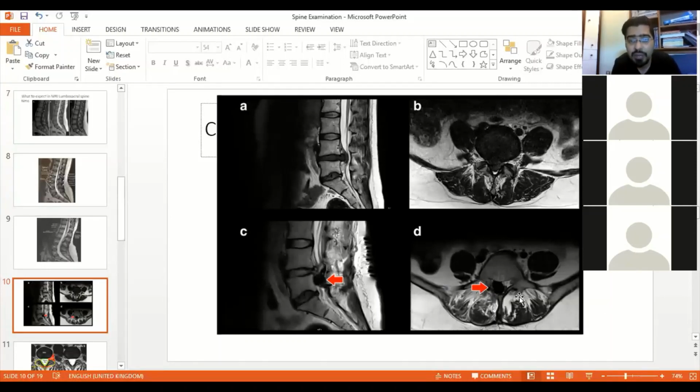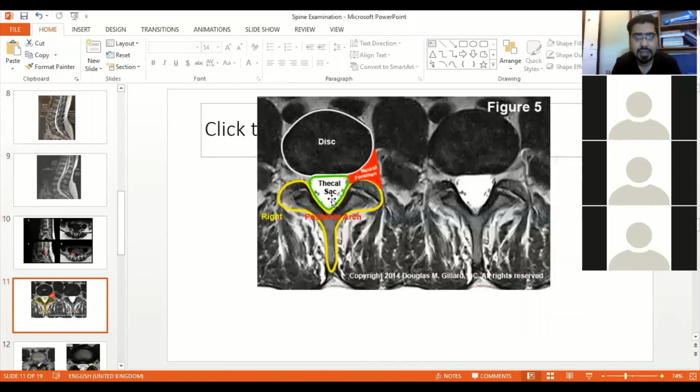Now, these films tell us some information. What information do they tell us? They tell us whether it is posterolateral or transforaminal. If you see this film, I will tell you. See, this is disc, this is thecal sac, this is posterior arch. These are the neural foramina at the right and the left side. When you see a disc at L4-5 level, the nerve root that is traversing at that level.